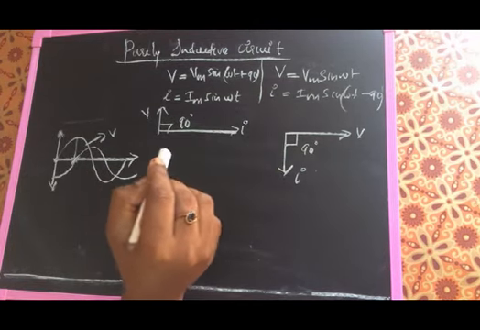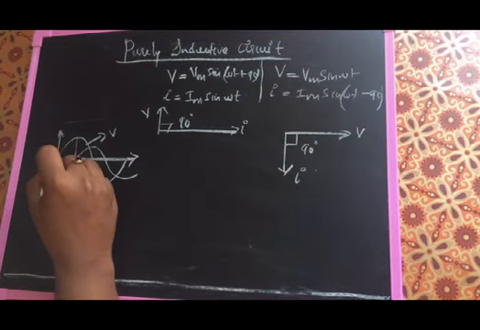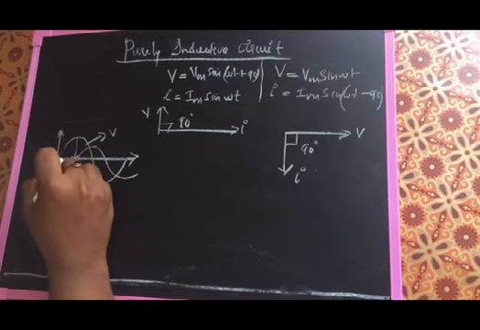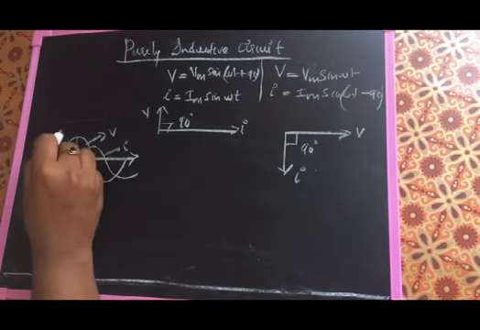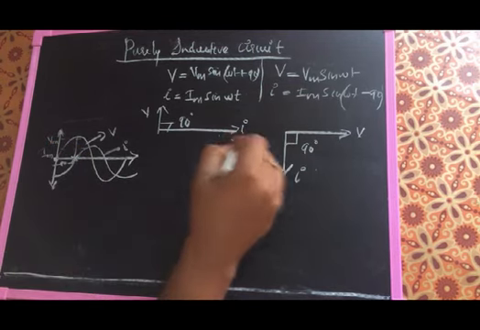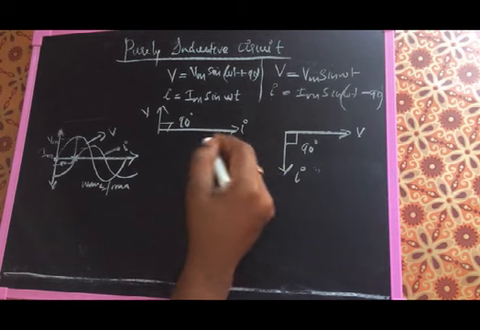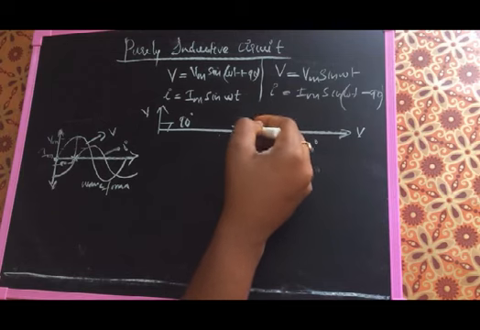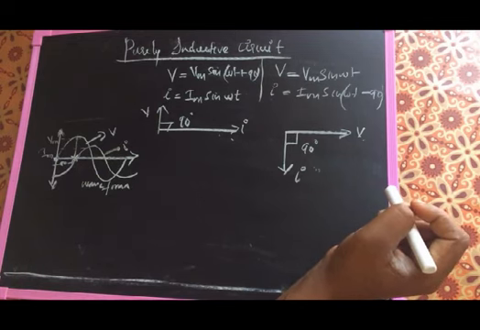So, drawing the waveform of a purely inductive circuit: the current lags voltage by an angle of 90 degree. The voltage starts from 0 and the current starts lagging the voltage by an angle of, see, this is 90 degree. This is the waveform of current. The maximum values are Vm and Im. So these both are the phasor diagrams and this is the waveform. A phasor diagram can be drawn with respect to the reference; in this case the reference is taken as current and in this case the reference is taken as voltage.